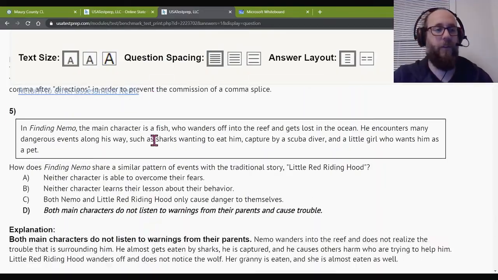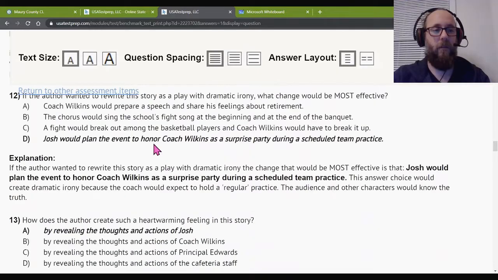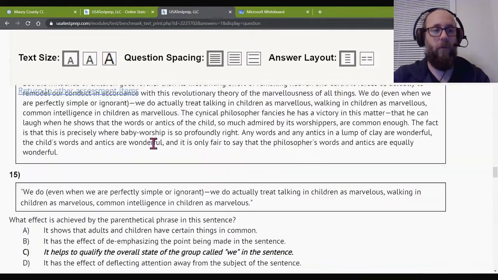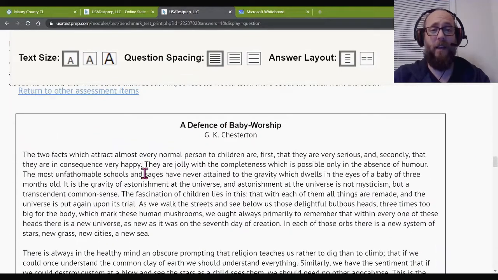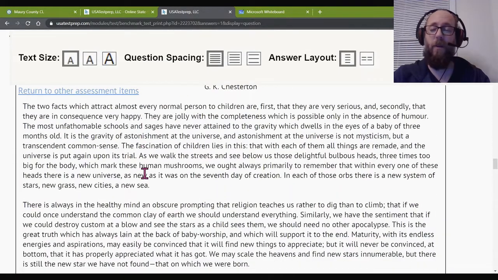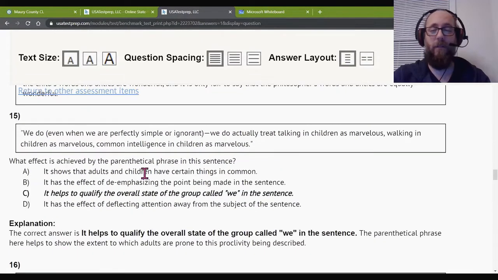All right, let's look at number 15. That was the next missed. I know why we missed this one too. This one's just super, super complicated text. Defensive baby worship. Oof. This is hard to read. I'll give you that. I struggled with it. And I'm a college graduate three times over, so it was rough. But let's see what we can get done here.